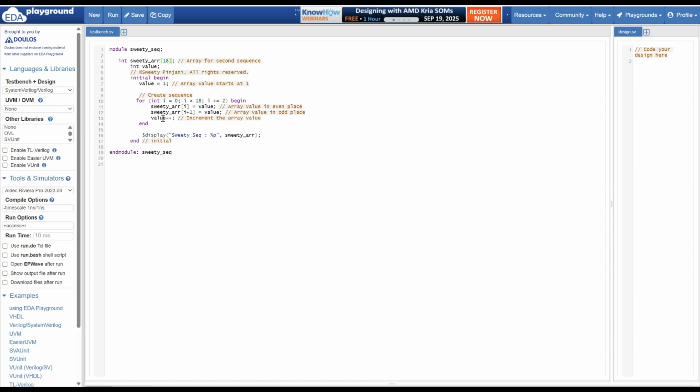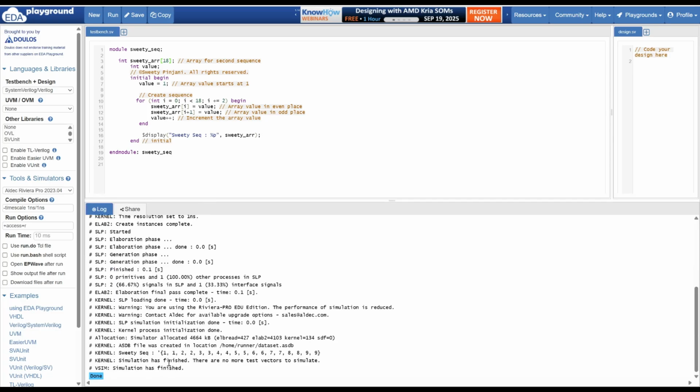Then here you are incrementing the value by 1, so that value became 2 when the index is 2 and 3. So to the index 2 and 3 you assign the value 2, and so on. So this coding is just the steps which we have seen. Just these steps I have put in the form of code, and I have displayed the sequence. And if you run the code and see the sequence, you can see what sequence you wanted: 1 1 2 2 and so on up till 9 9.